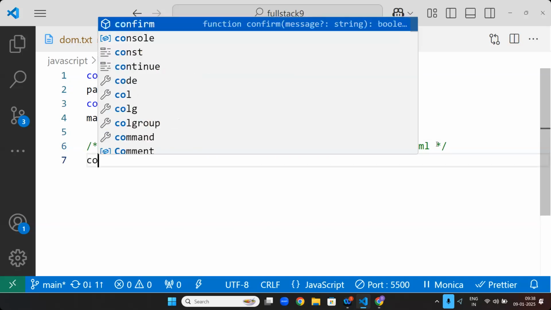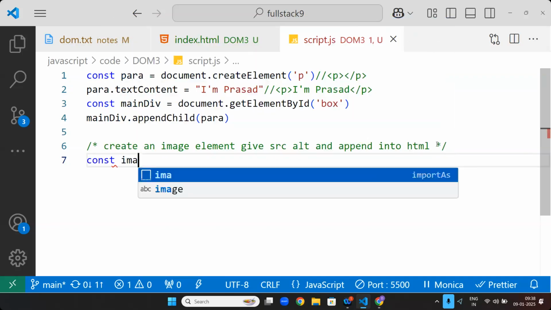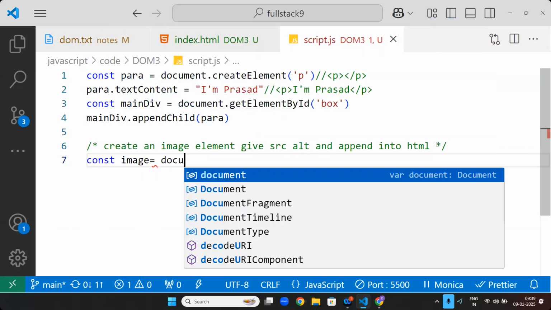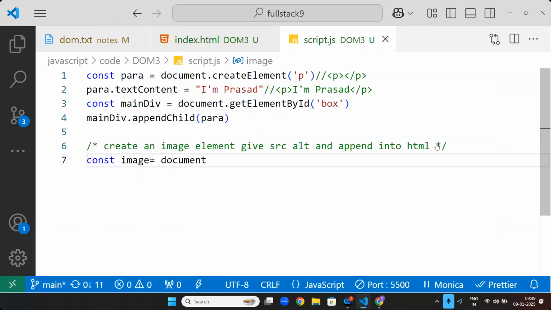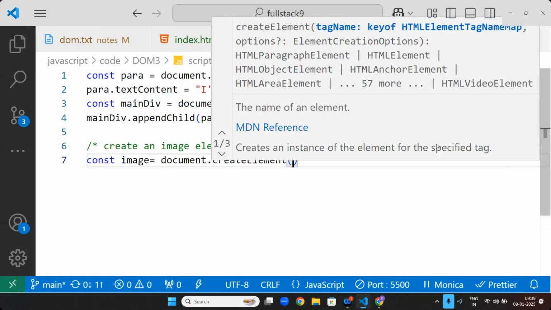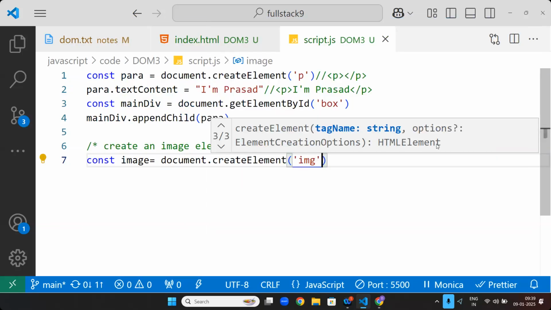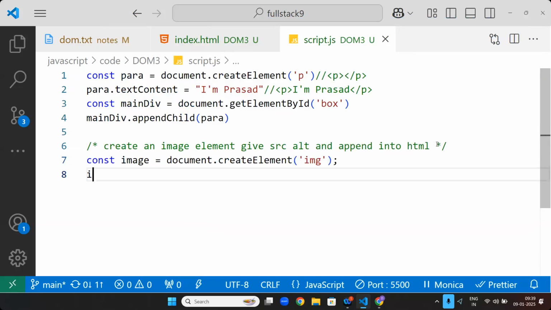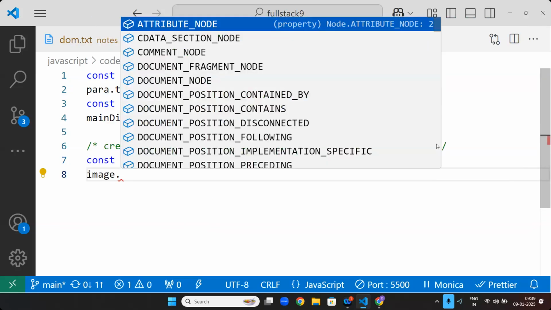Let's write it here. I will also do it for you. const image equals document dot createElement. I'm creating one element called img. Element name is img. Then image dot